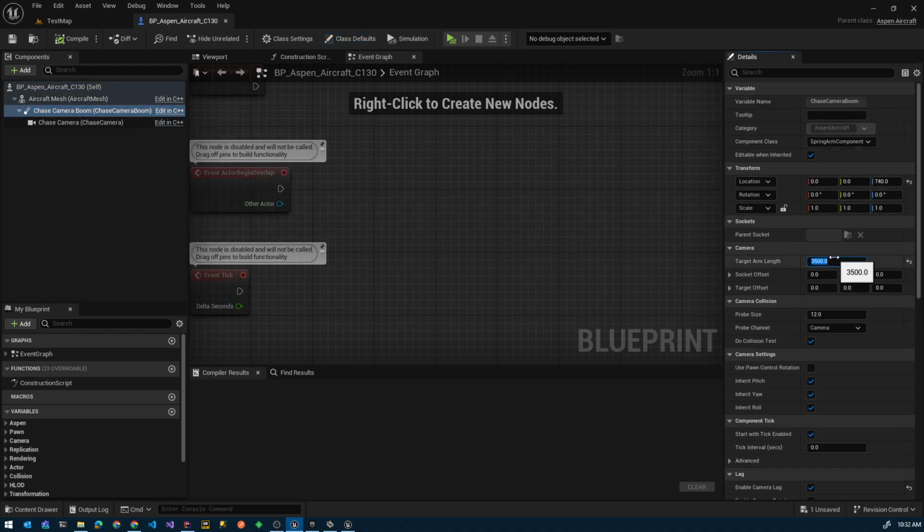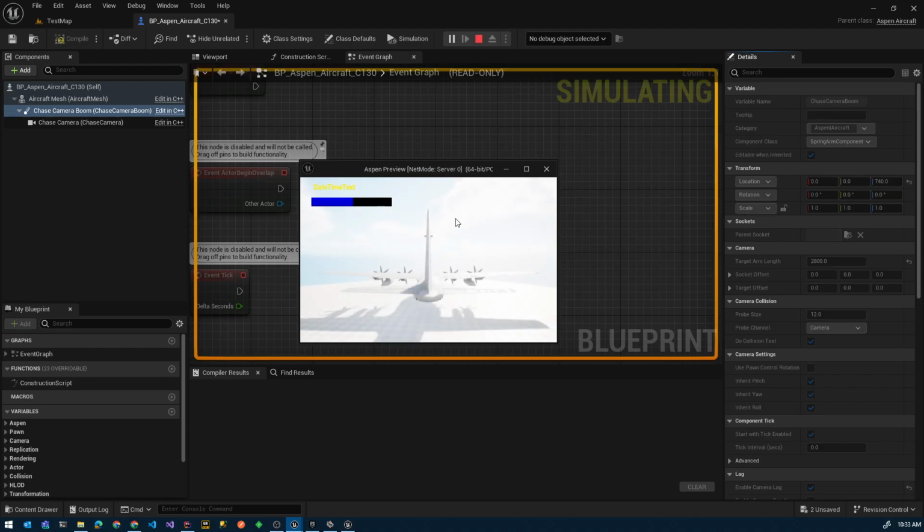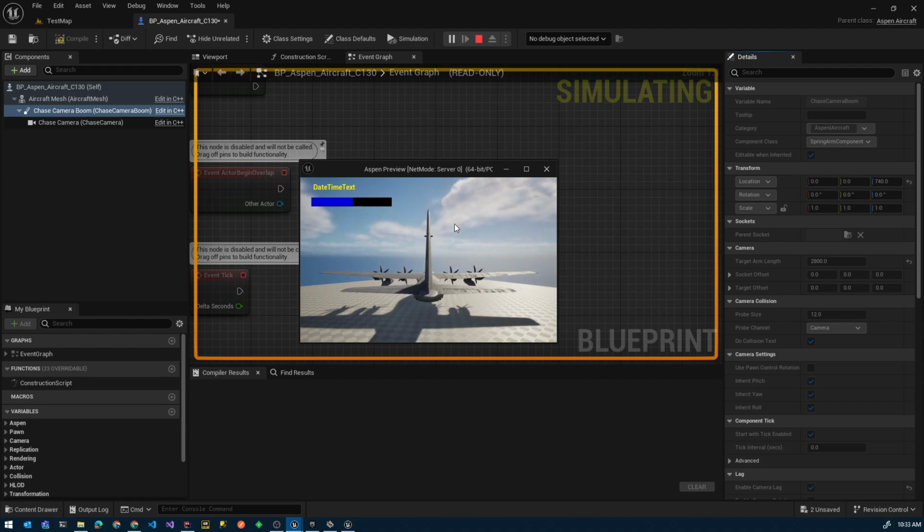I'm going to change it to 2800 and see what that looks like. That may be a little too close, but we'll go with it for now. So I can't do anything, and you can see my HUD is actually broken, and that's because, if you remember, my HUD assumes that you're controlling a character, and I'm no longer controlling a character. I'm controlling a C-130,